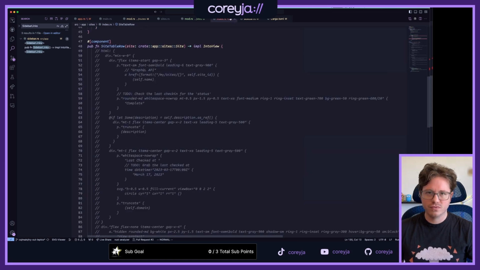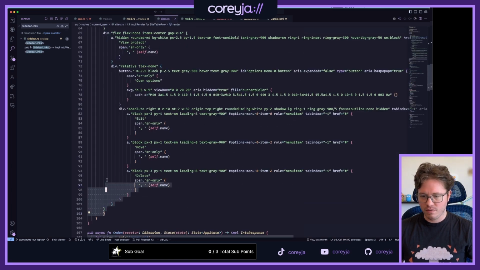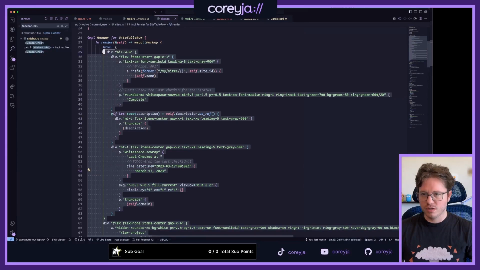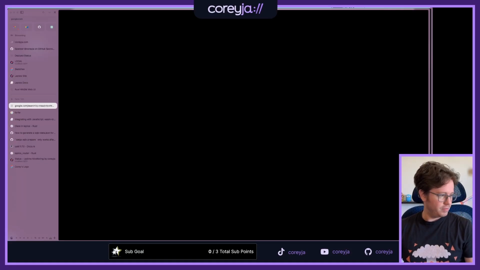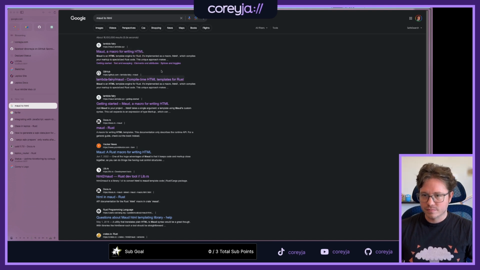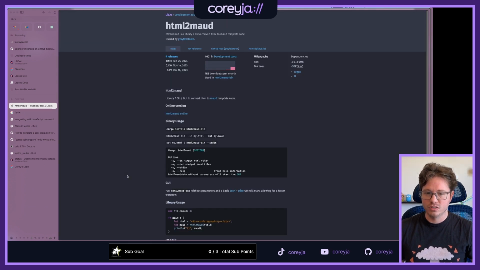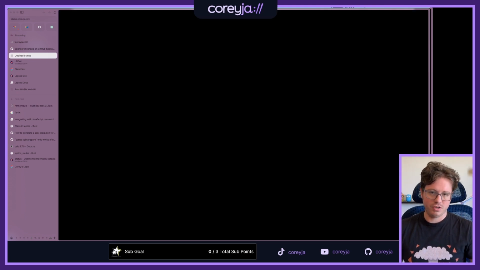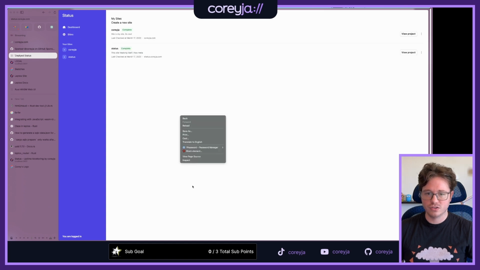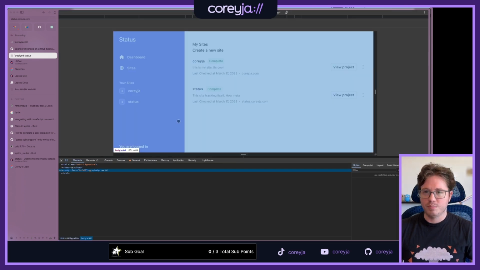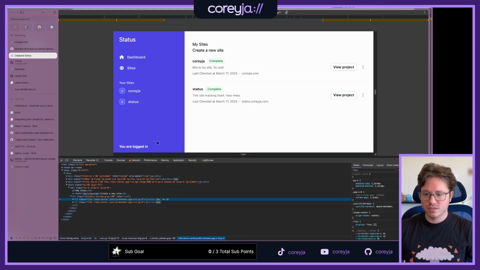Okay, let's actually see if I can do the Maud to HTML. Maud to HTML. There is a... Oh, HTML to Maud. It's this direction. So I guess what I would want to do though is grab the opposite direction. I can just look at it, right? I can just go to sites and I could just copy one of these elements.